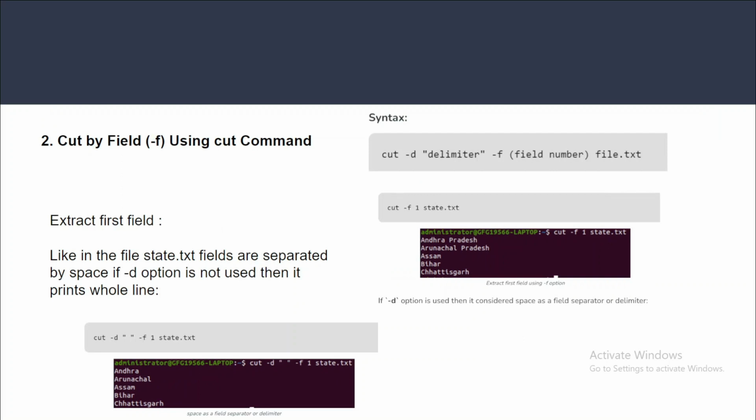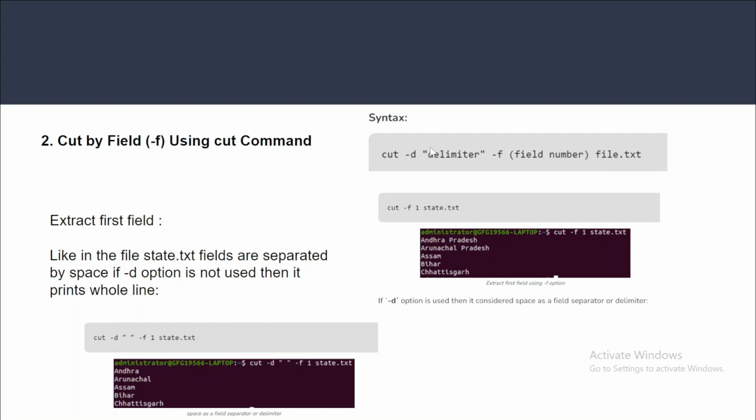Now -f is very useful. I generally use this particular command. If you have watched my first video, I started with a question about how you can fetch any particular position in a CSV file. There I used the cut option, cut -f. The syntax is the cut command, then the options, so -d is one option, -f is one option, and then the file name.